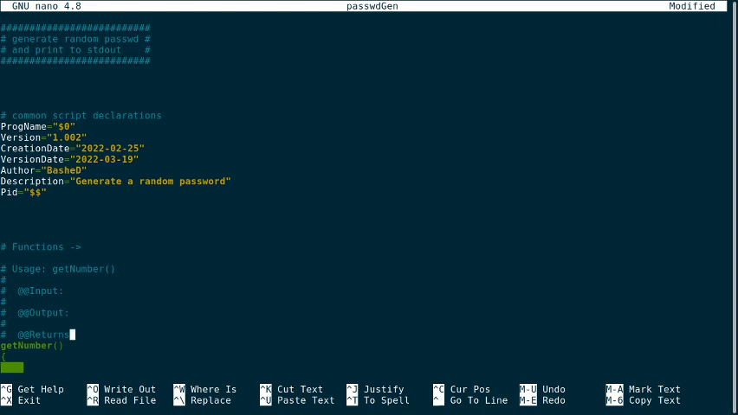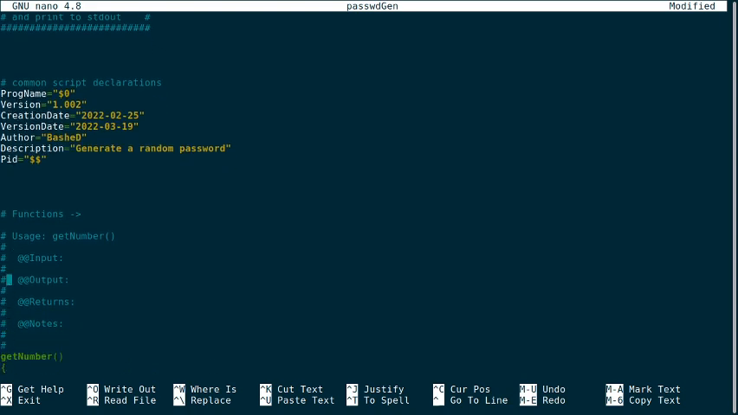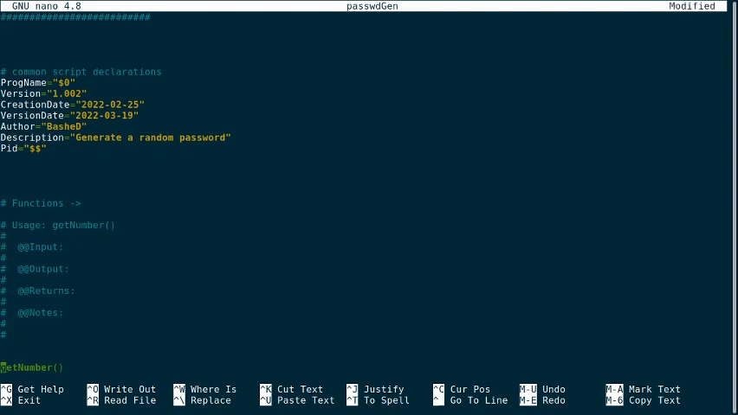Returns. If the function returns to the script, what do the return codes mean? And lastly, notes. Do we have any notes on this function? Of course, since we're just writing this function initially, we don't know the answers to these questions, so we're going to hold off on that for now. But I am going to say that we're going to do 2 functions in this script today. So let's go ahead and cut these and uncut them,